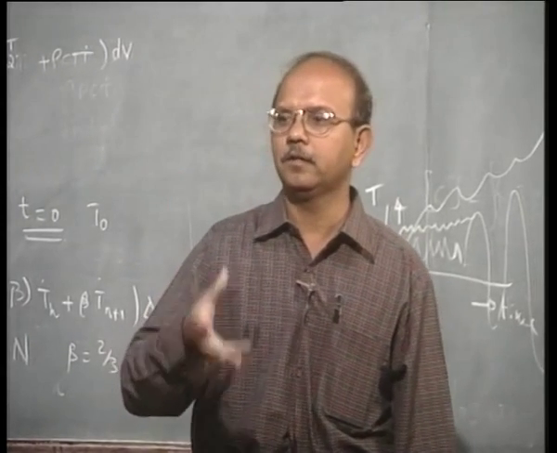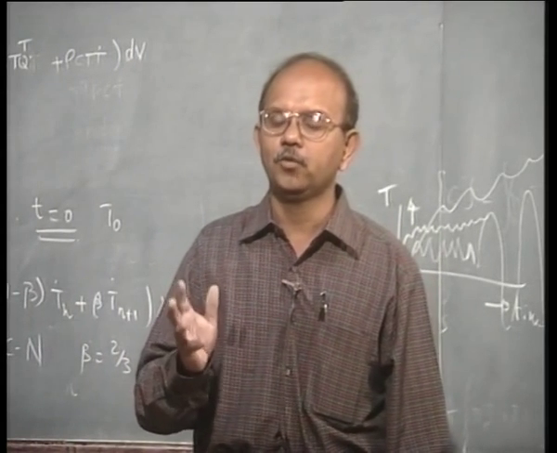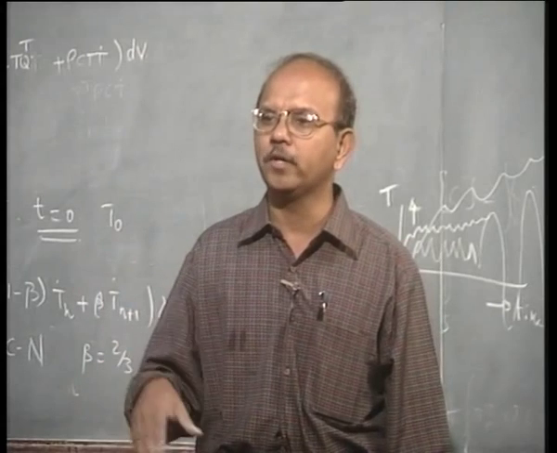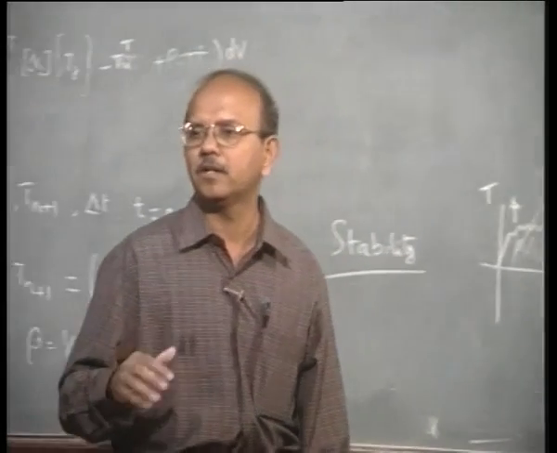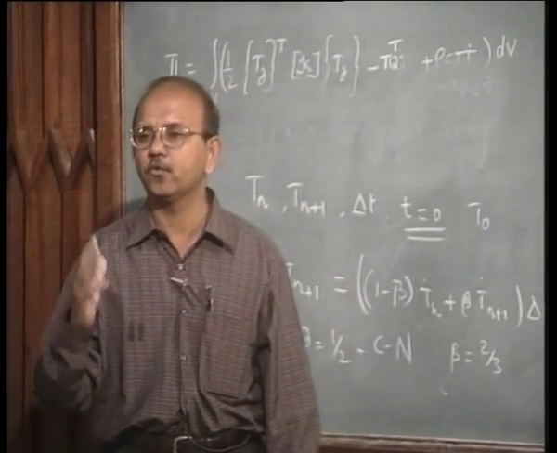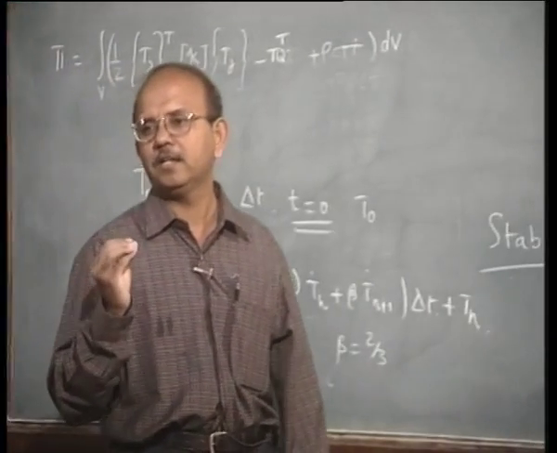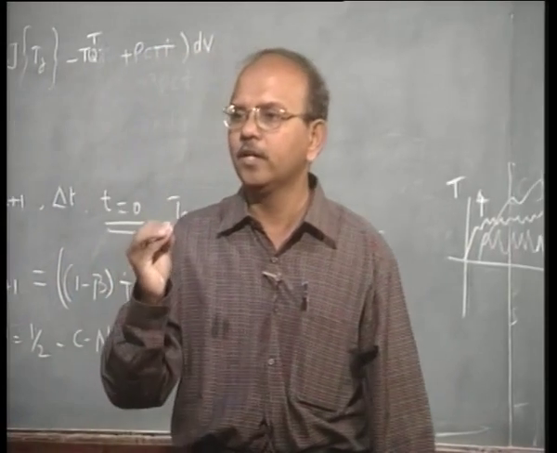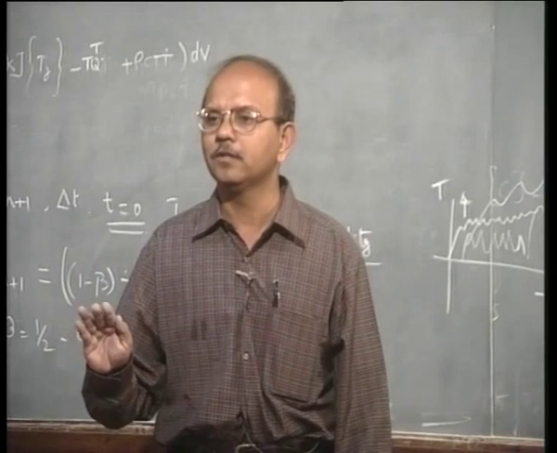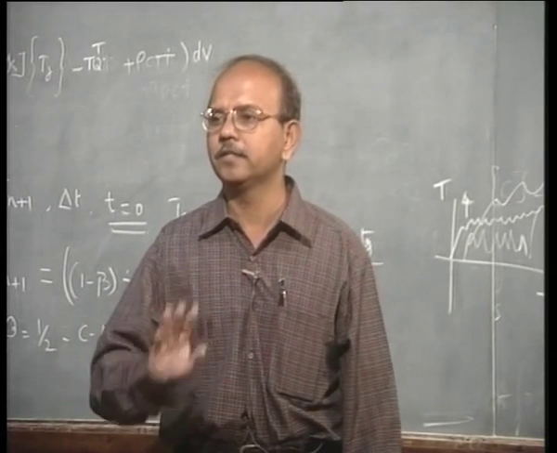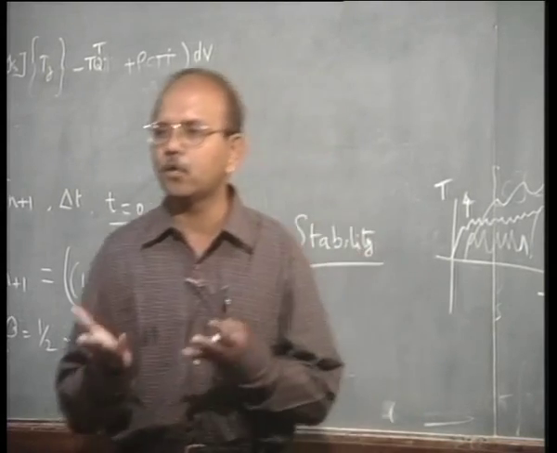Immediately when the metal is poured, the initial condition at t equal to 0, the metal has a very high temperature. Start the simulation, and you will suddenly find that this 35 degree mold goes to 28 degrees. Then you will immediately think that you have committed some drastic mistake. In fact, I know a student who wasted nearly 3 to 4 weeks looking at the result and the code, finding no error in his code, breaking his head. Then I asked him what the problem was. He said my temperature in the mold goes down. Then I said this is an oscillation.